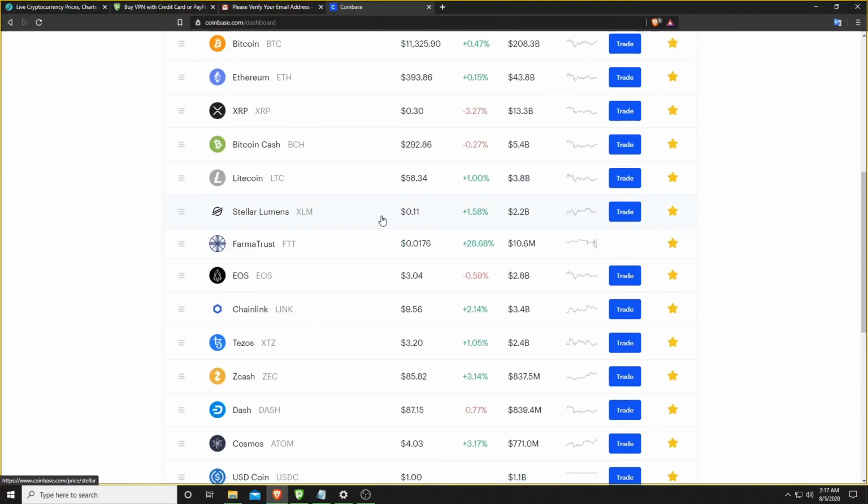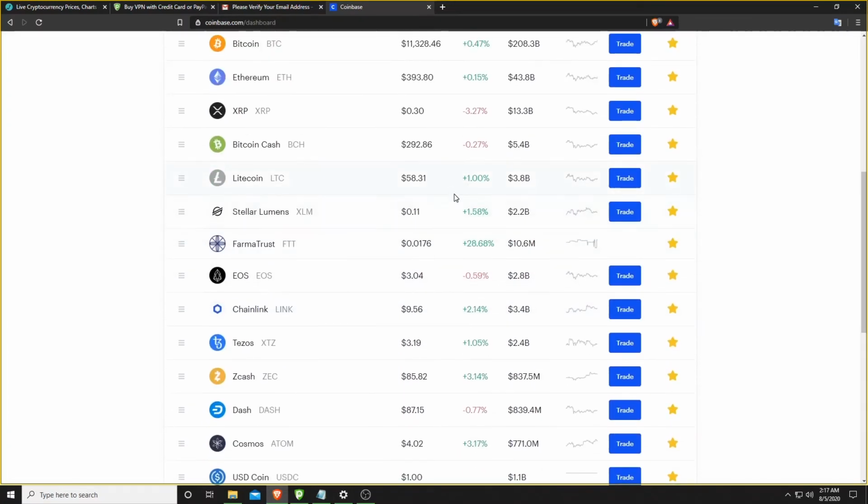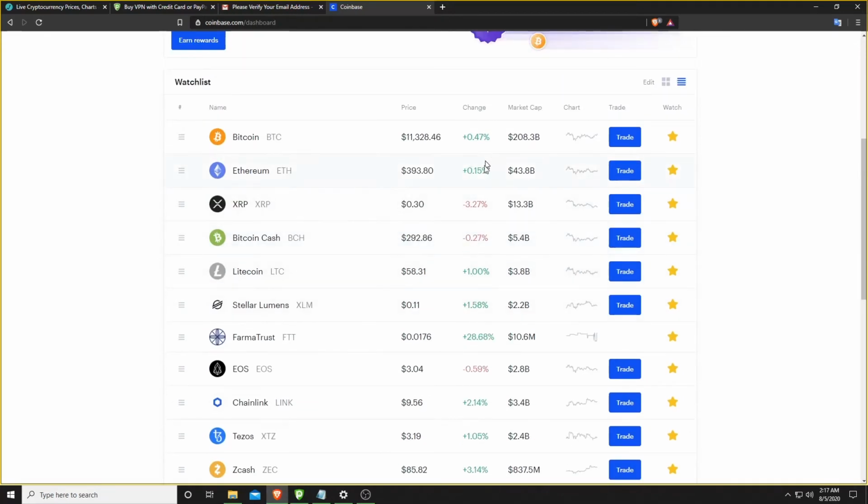I personally, if you're just a first-time buyer and you're just trying to get started in the market, would buy some Stellar Lumens. They're 11 cents a piece, people. 11 cents. I don't need to spell it out. People know this is not very much money. And there's a 1.58% rise in the last 24 hours. It's not a surprise that that's happening. I mean, it's predictive of the market because,